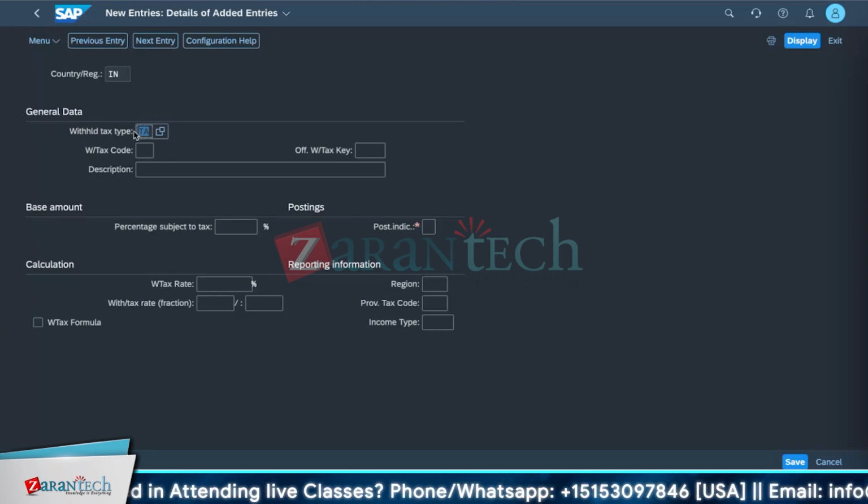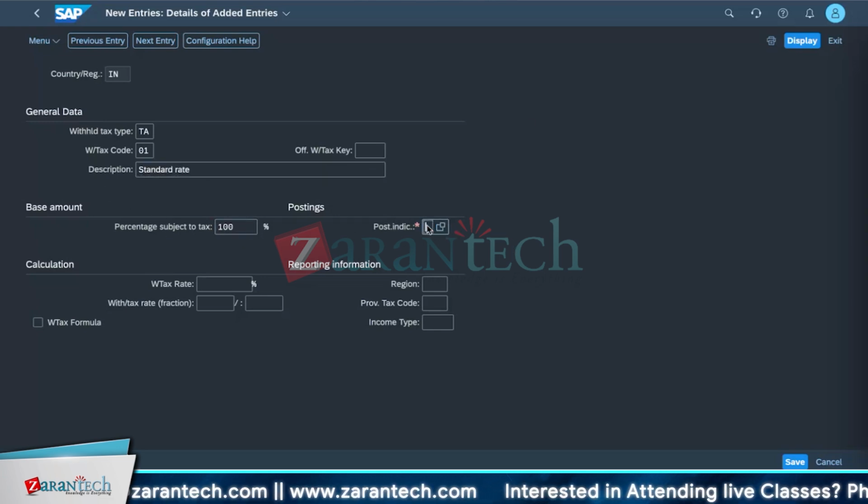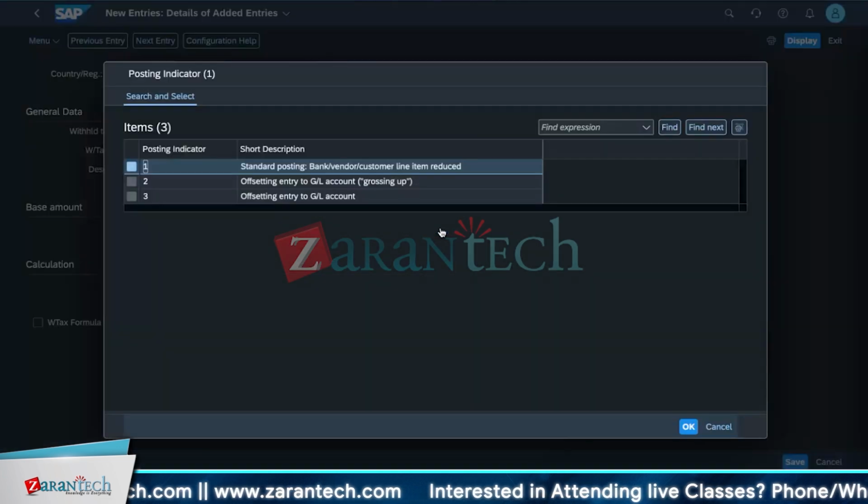Right, so we have given the withholding tax code. Now for the withholding tax code, you can do something like 01 or something, and put the description as something like standard rate for this. Okay, and then you can see some base amounts and all these things that are not required, but yes, let's post something like this. If you go, let's say 100%. And here the posting indicator is there. Okay, let me tell you about this posting indicator. You have 3 postings, guys. Standard posting, offset entry to GL, which is grossing up, offset entry to GL normal. So normal posting,